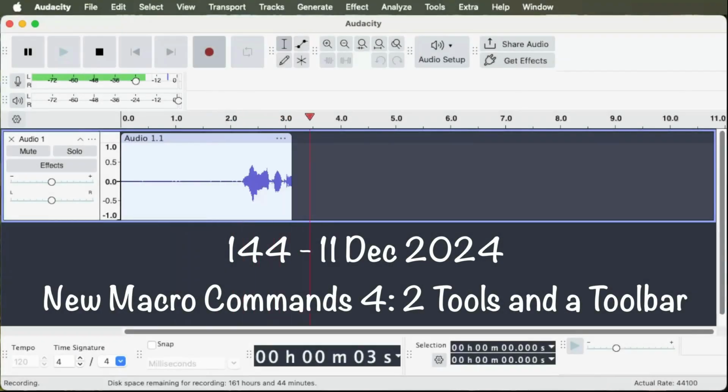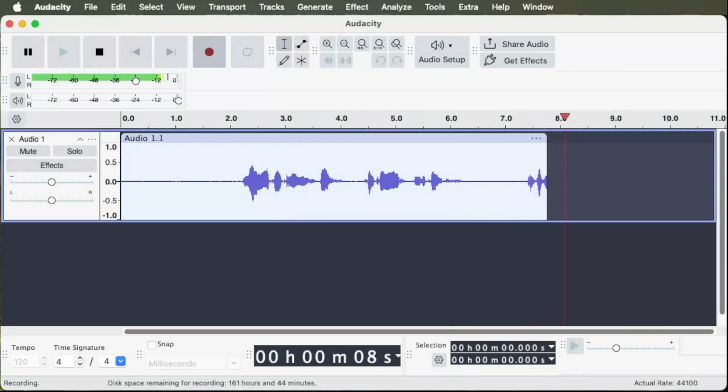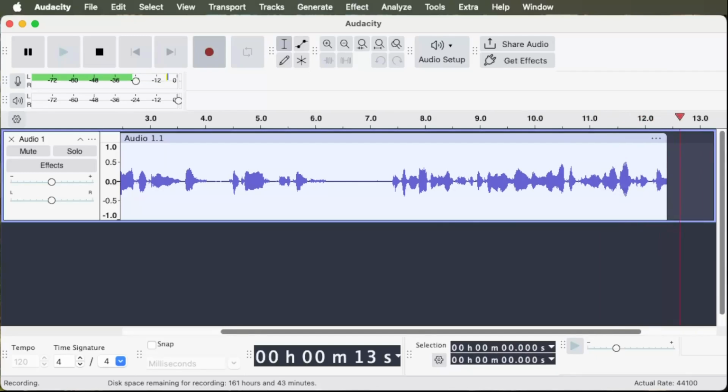New Macro Commands 4, 2 Tools and a Toolbar. I'm digging back into history to continue my series on new macro commands in Audacity 3 in this edition of